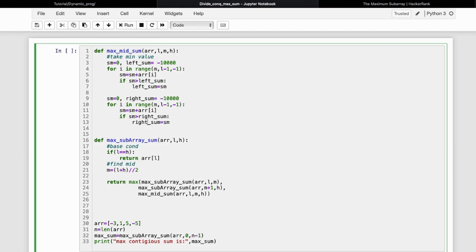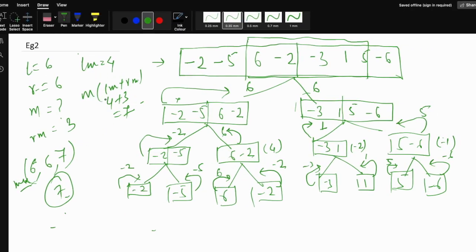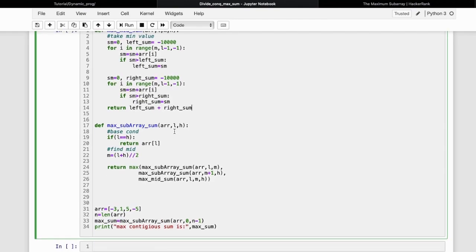Now at last we have to return the sum of left and right. So this will return left sum plus right sum. This one, left sum plus right sum, will be the total mid value sum. So we are done. It will simply calculate the maximum of the left, right and the mid value.